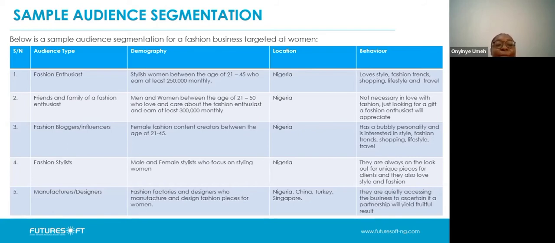In that way, a brand that has successfully reached its primary audience, which in this case is the fashion enthusiast, is able to reach their friends, their family, probably the bloggers who follow them to learn what's in trend. So if you focus on your primary audience, you'd be able to reach a wider range of people. Trying to do everything at once will just confuse your business, and it will just be messy, in my opinion.